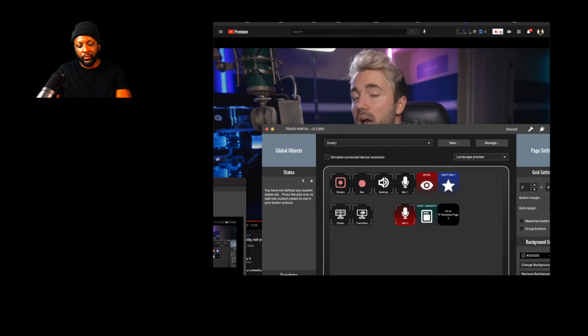Next on the soundboard, I'm going to want to add my audio in. So to do this, I just select an empty space. I'm going to scroll down to the OBS actions. I'm going to the sources selection, and all my soundboard stuff is in my main game screen. So I'm going to select that as my scene source. And then under sources, I'm going to scroll down to my